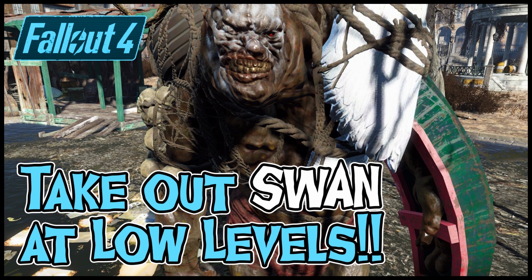However, if you're lower level or you're gearing up for another Fallout 4 playthrough, this little tips and tricks video will show you how to take him out with nothing more than some strategy and a rifle with a little range on it. Now if you don't know who Swan is or you haven't encountered him yet, he's a unique